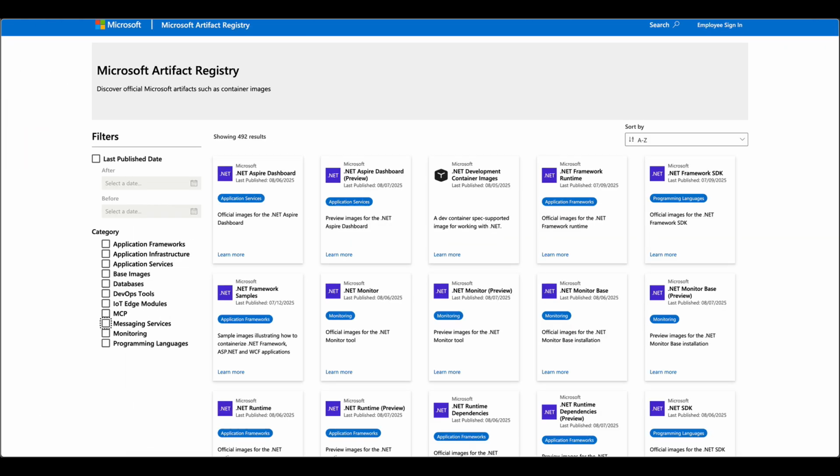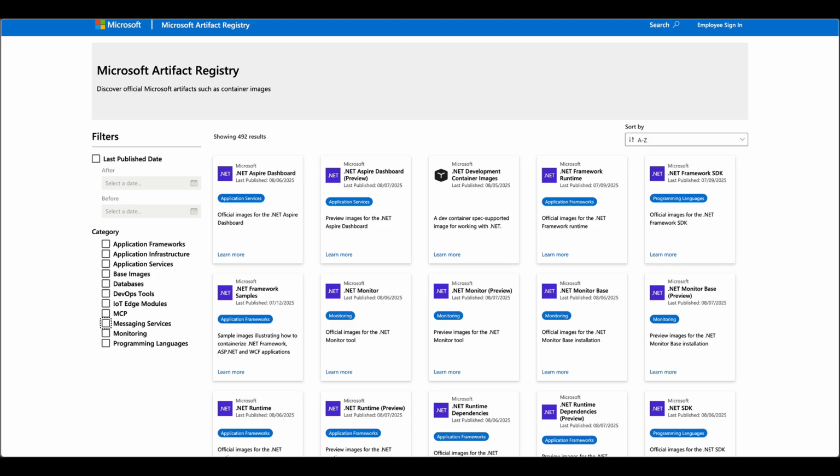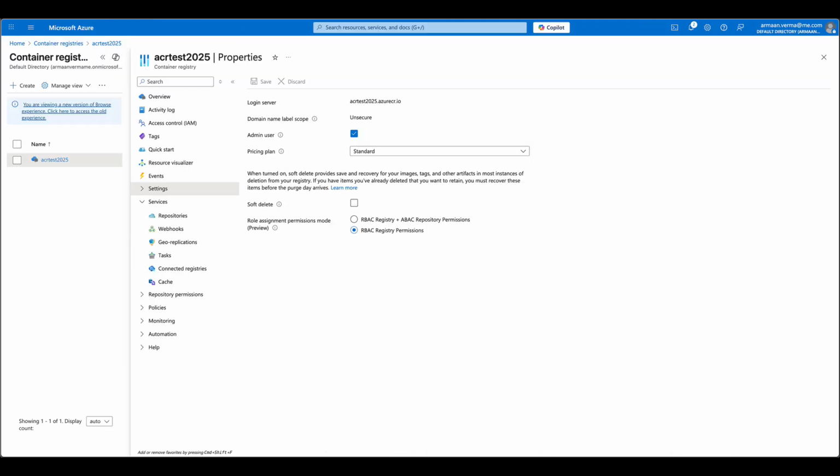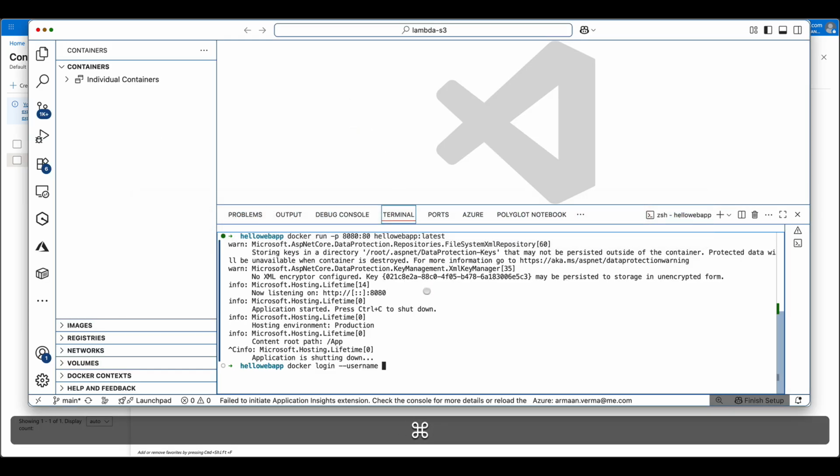So here we go to the container registry, not this one. We will go to here. This is the username. So this is your user, which is this. Copy this, and you will say here login with this username,